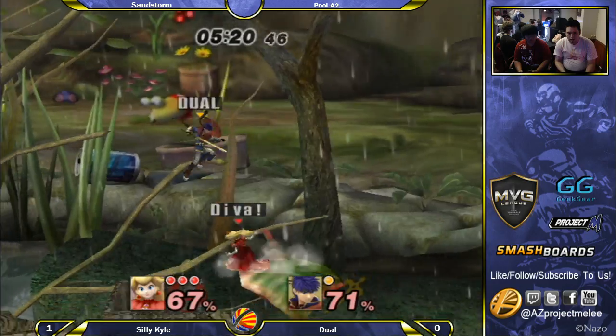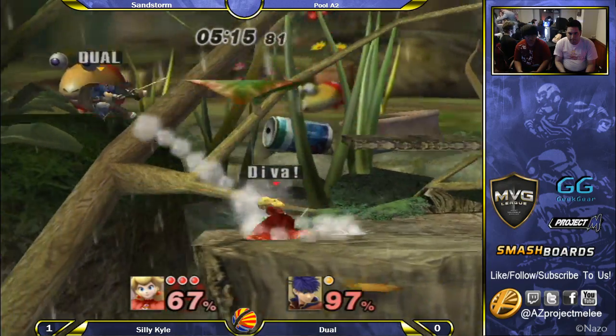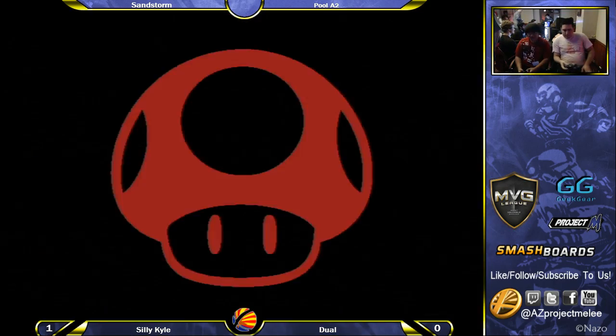One of the things that a lot of people don't realize is just because Ike hits so hard, it's actually pretty difficult to keep that perfect spacing with him, just because his moves have so much knockback that sometimes it just gets hard to keep them. He grabs the ledge, and that's the first